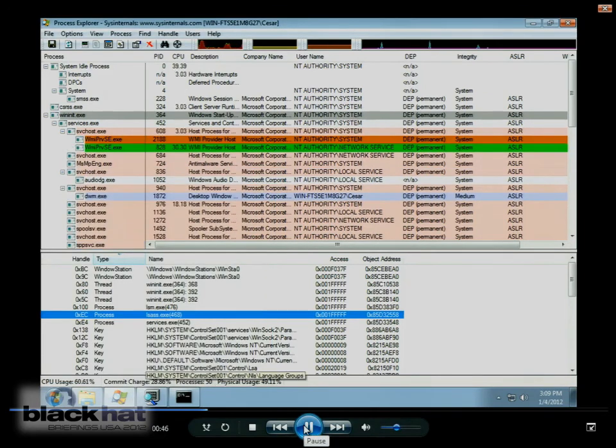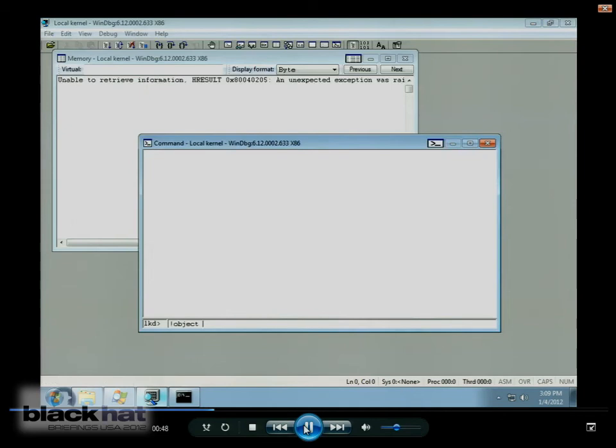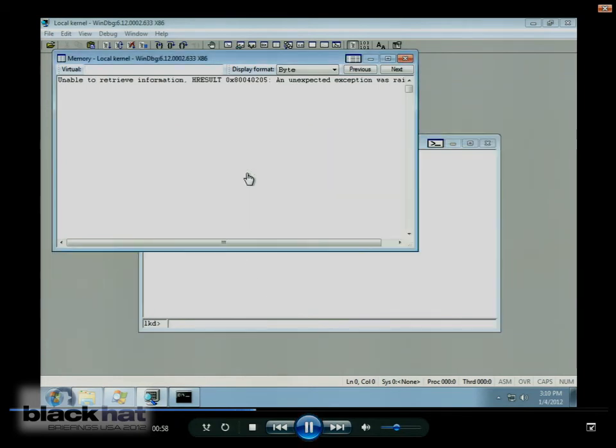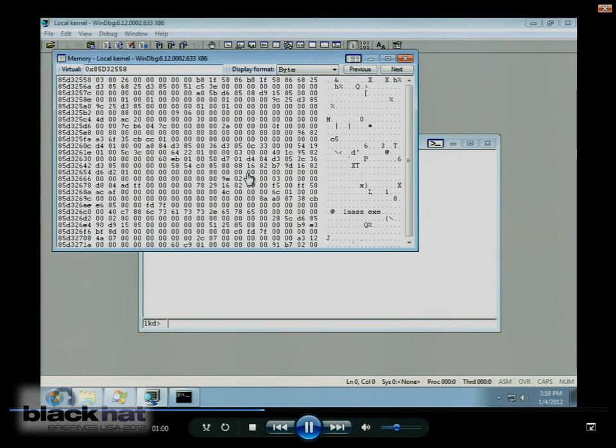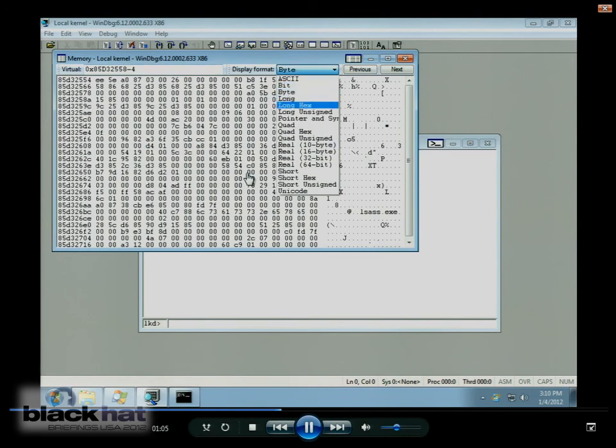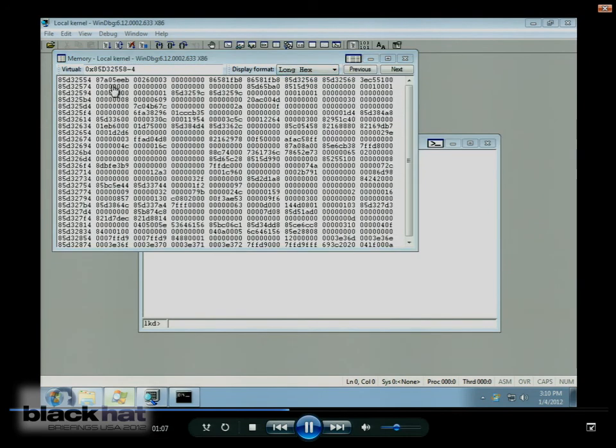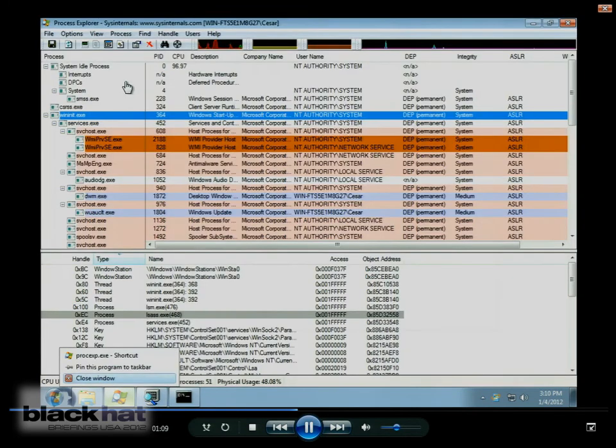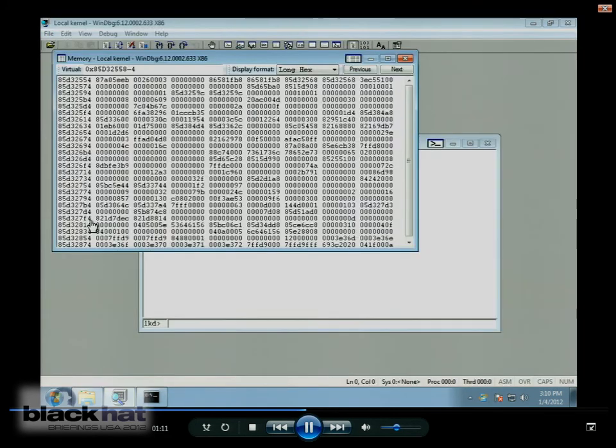So I have a Windows debugger session, a kernel debugging session. So I can look at the object. We can see here the handle count, the pointer count, some object header information. So I subtract 4 from that, and I will be accessing directly the pointer to the ACL. Here is the pointer to the ACL of the LSASS process. So I write null there,